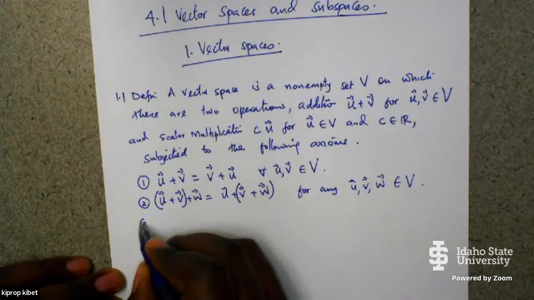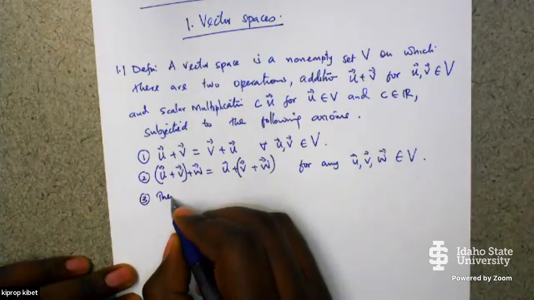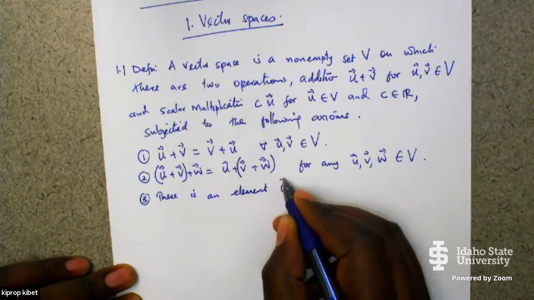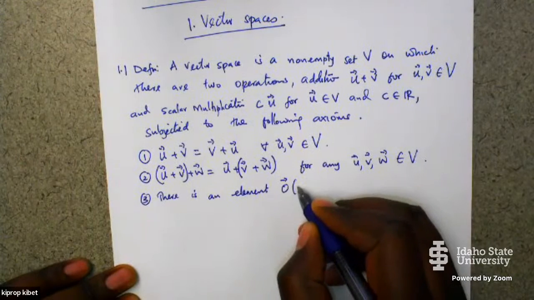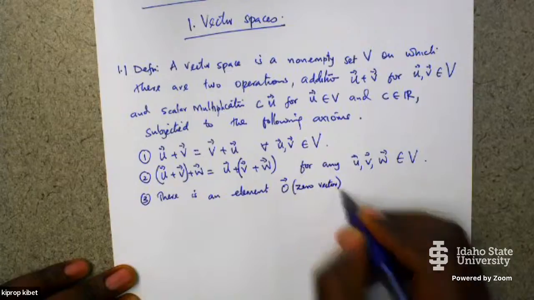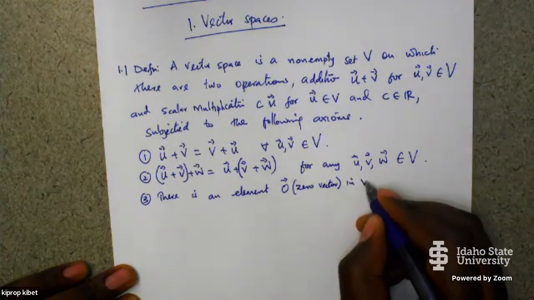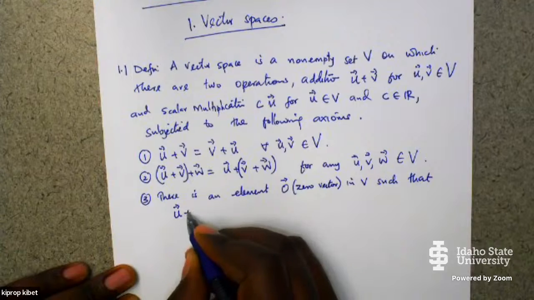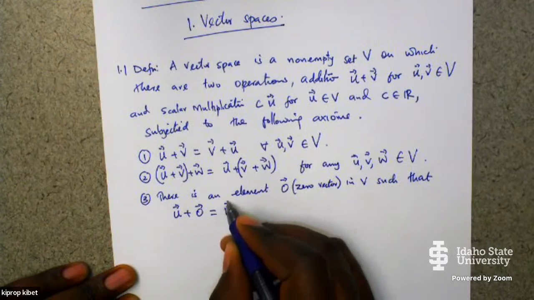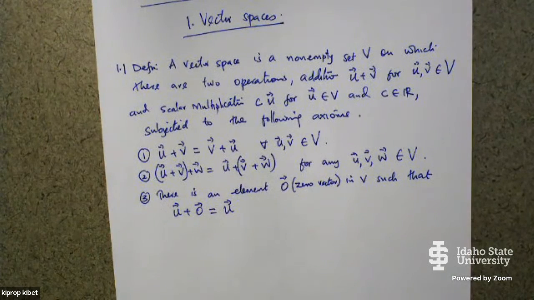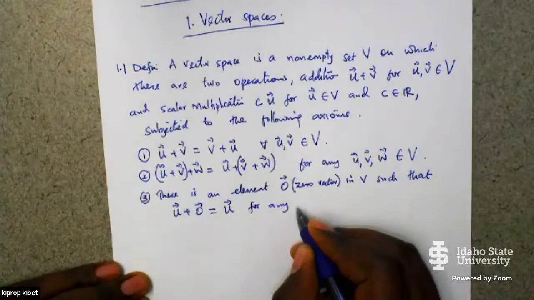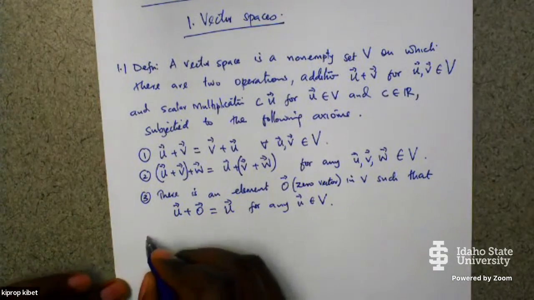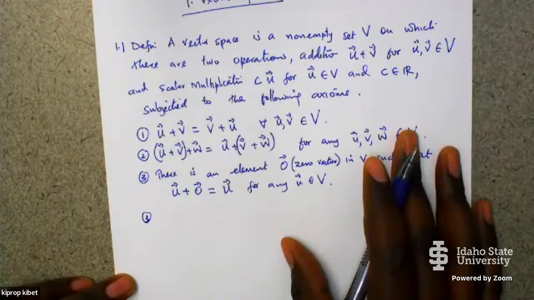Number 3, there is an element, which is a zero vector in V, such that u plus the zero vector, you still get u, for any u element in the capital V. Number 4,